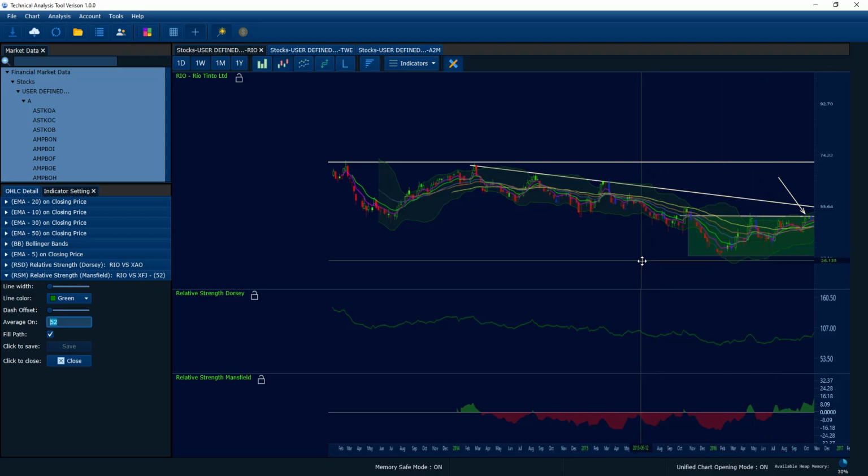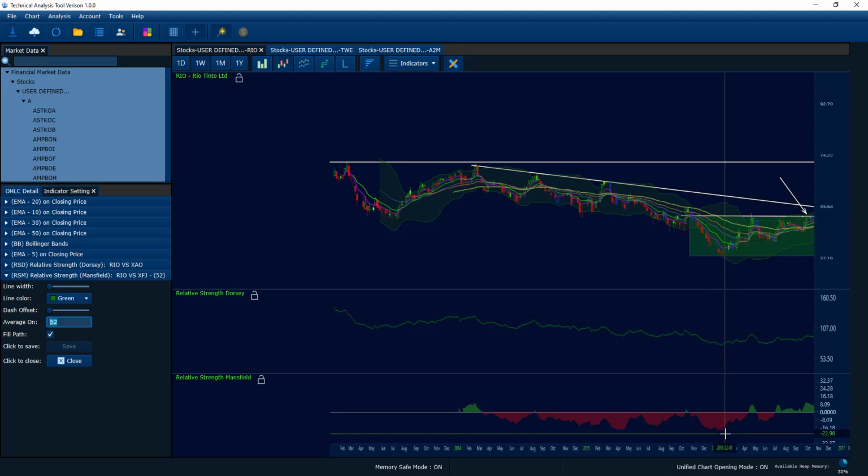As you can see, you can also use the RSM to tell us some extra information. Basically, from this point to today, you can see the RSM is improving, because it's gone from this red area approaching zero, and now it's crossing above. So right now, during this consolidation, the RSM tells us this stock is now outperforming the market. Okay, so once you see it break out from here,